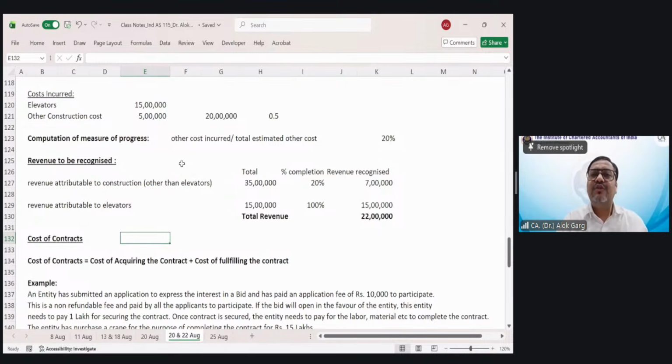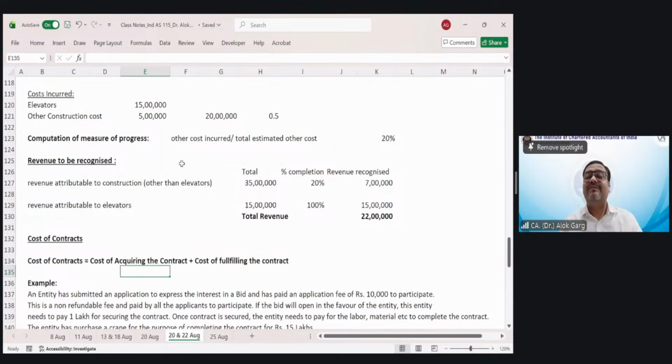Okay. So cost of contract is equal to cost of acquiring the contract plus cost of fulfilling the contract. Now you got the contract. Now you have hired people, resources, material, labor. Of course, you keep on recognizing the expense and you keep on recognizing the revenue. So cost of fulfilling the contract, what does it mean? For example, you spend money, but you are not recognizing revenue because the percentage of completion is not there yet. The percentage of completion will be achieved in the second year. So till the time you are spending money, you will debit contract asset, credit bank.